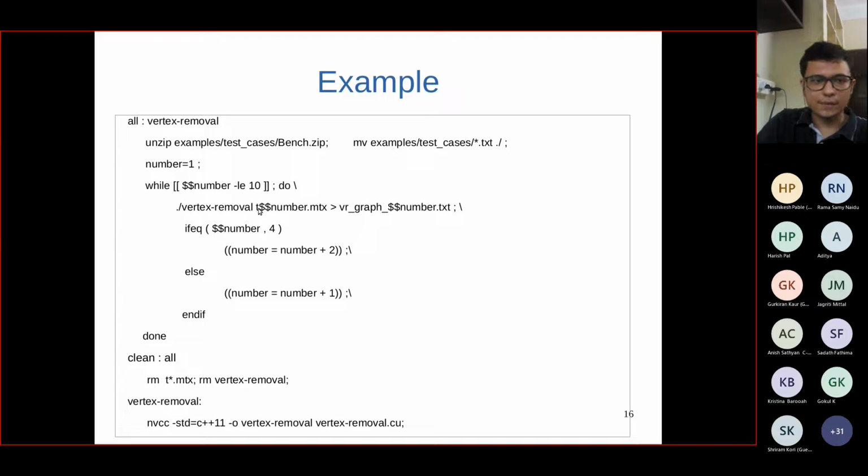So what is happening is we are running this binary file, which is generated here, on a particular test case, and that test case is determined by this number. I hope you are getting this. So during the first iteration, which test case will be run? It will be t1.mtx. So during the first iteration, this number will be replaced by 1, and so this ./vertex removal t1.mtx will happen,